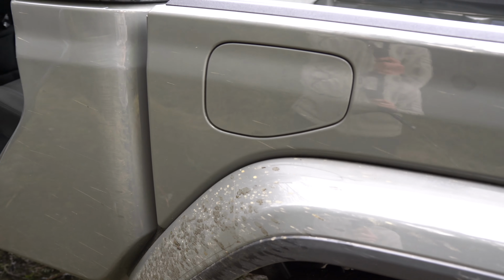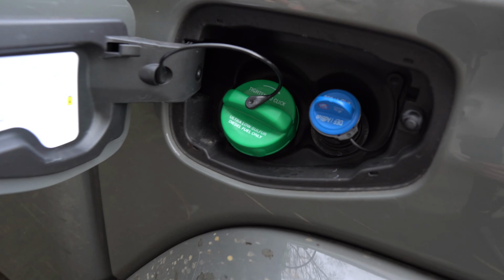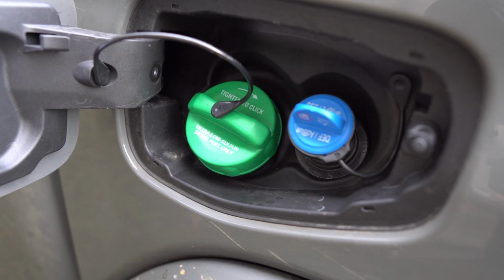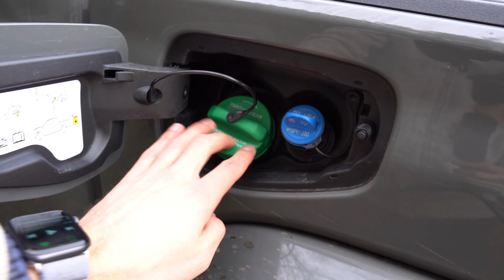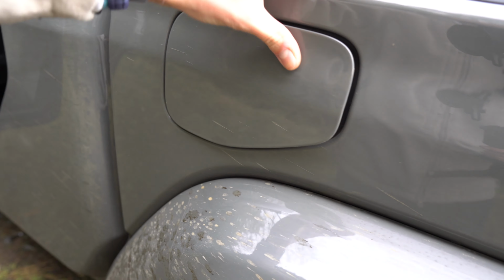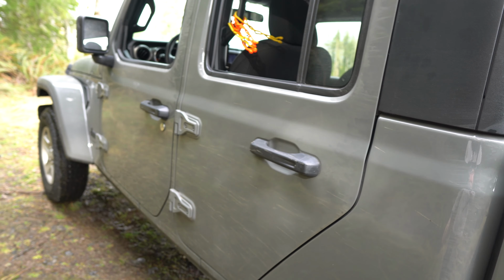So because this is the EcoDiesel, we do have a diesel valve and a DEF fluid valve, which I'm not so stoked about. But the diesel's nice because diesel's cheaper out here and I'm getting insane miles to the gallon with it. Like I said, doors feel good, they hold open,